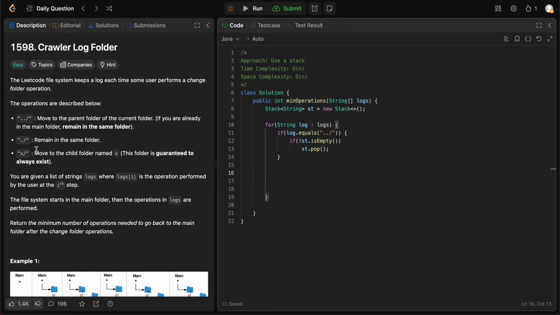And the other condition that we care about is basically, actually let's do else if, it can either be this, or if the log is not equal to stay in the current folder, which is basically this. In that case, we are going to the next folder and we would do stack.push the current log. So this will basically take care of the